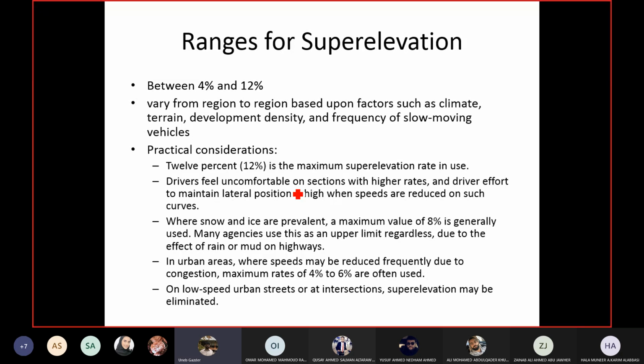If you are taking an exit from these highways, or you are coming on to these highways from some other entry point, from a ramp or something, the super elevation is so prominent that you can visualize it. You can see it with your eyes. You can actually see that the outside edge is raised so prominently compared to the inside edge. Whenever you are entering one of these main highways with high speed, you can actually see the super elevation.